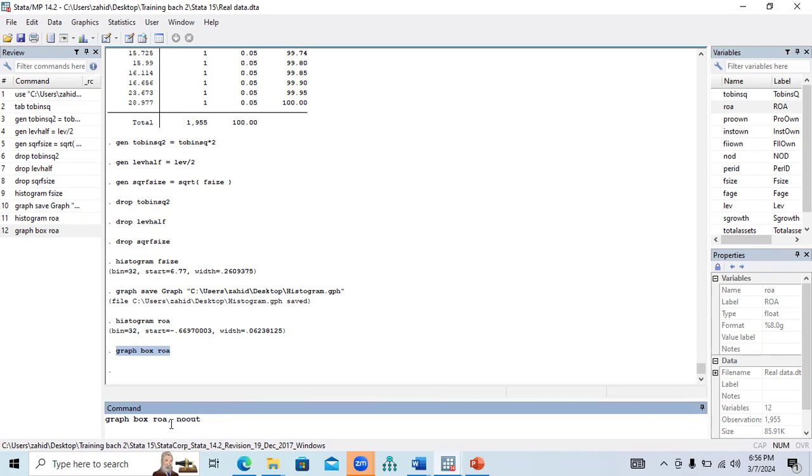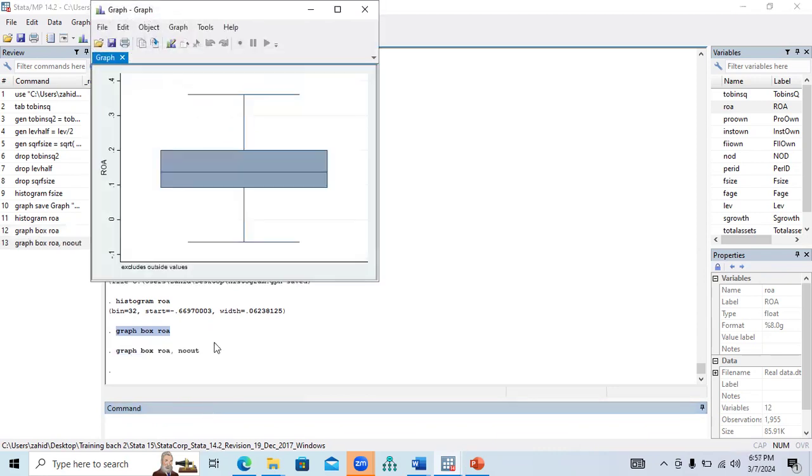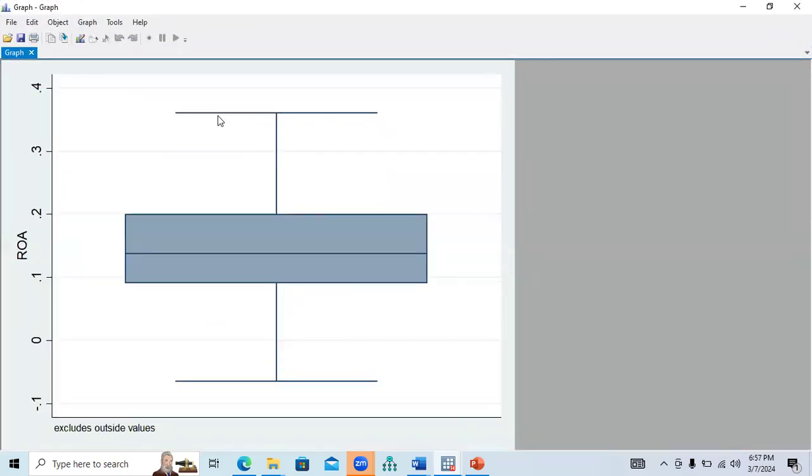So just add a comma and then add "noout" and "center", and it will generate the box plot like this. Now this is error free, and this is also normally distributed. You can see there is no dot below the first line and below the last line. Again, I would like to let you know that this first line from the bottom side,